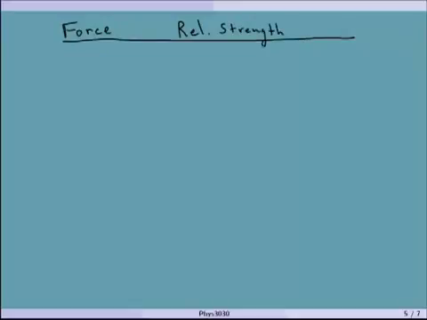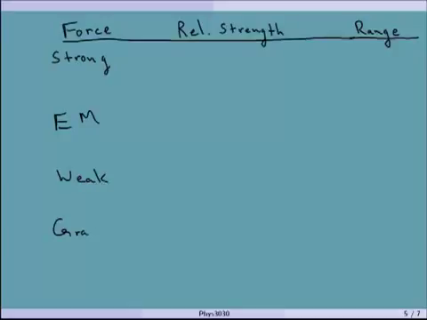Before we talk about antiparticles, one more thing that I want to talk about is the strength of these forces. I'm going to draw a table here. On this side, I'll write the force. Here I'm going to tell you the relative strength. This is in your book as well, but I want to talk about it a little bit more. And this is the range, the distance range that these forces really act on. I'll write them from strongest to weakest. We'll start with strong, E&M force, weak force, and gravity.